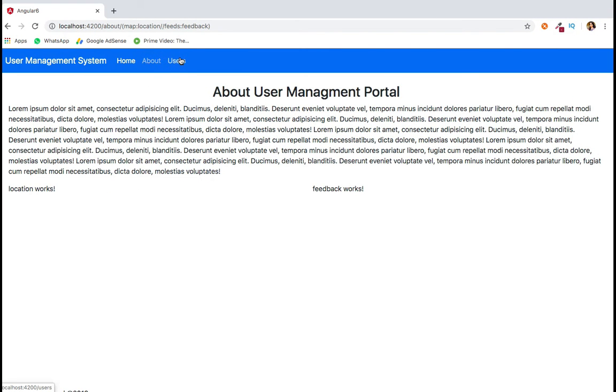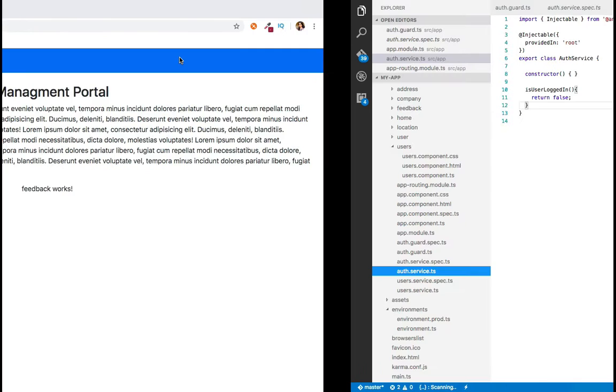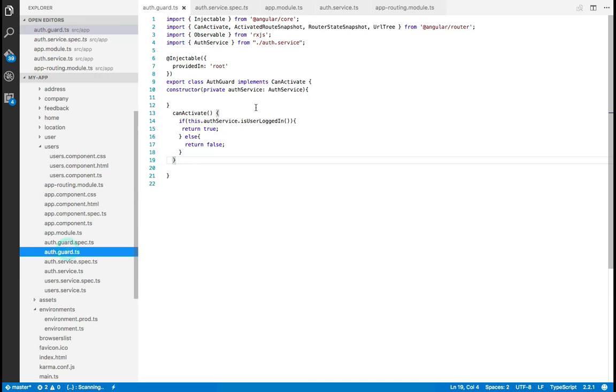Now you can see here that when the user is not able to log in, as a user I'm not able to see anything. So maybe we want to provide a notification to the user that you are not authenticated to visit this route. We can provide a confirmation to the user. So we can move to the guard file, and here we can say return false. But before that, we can return our alert.